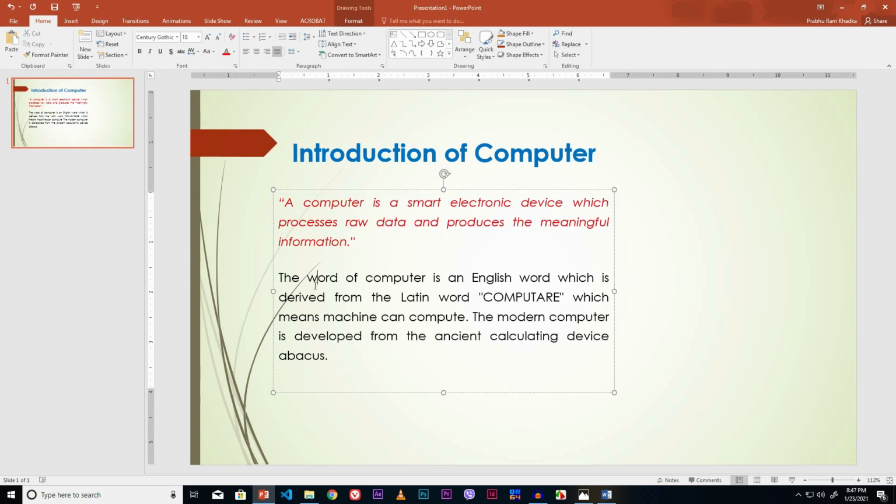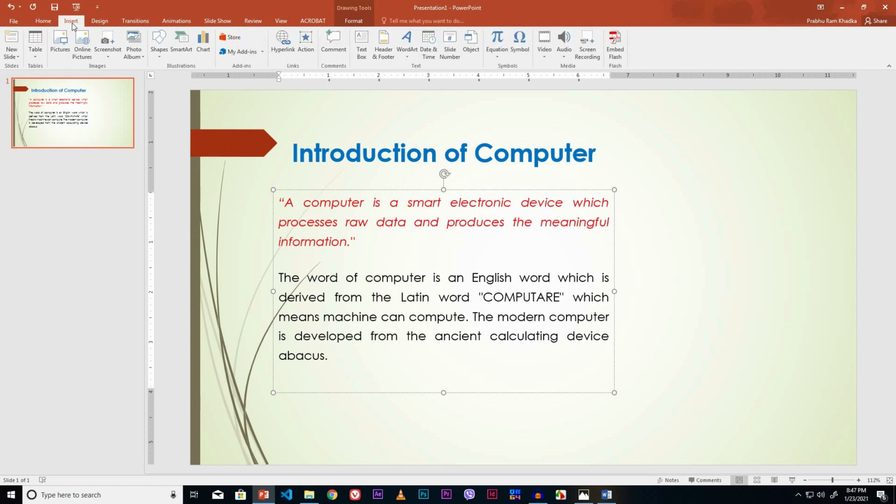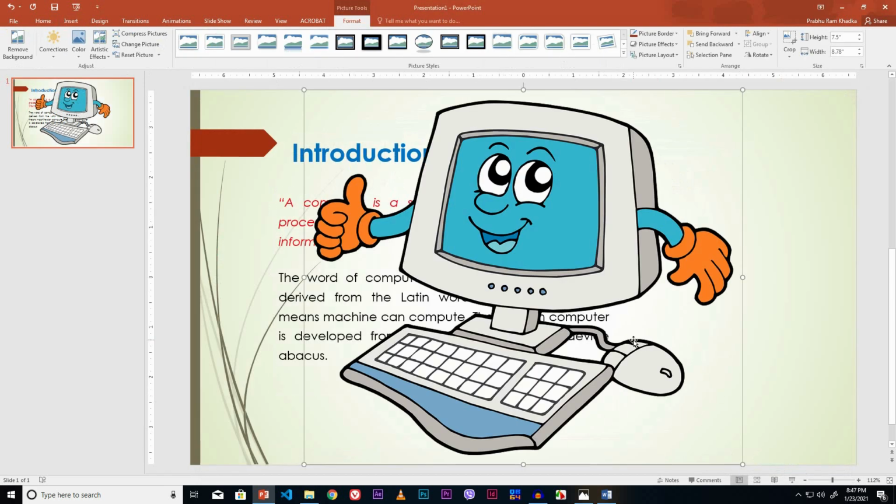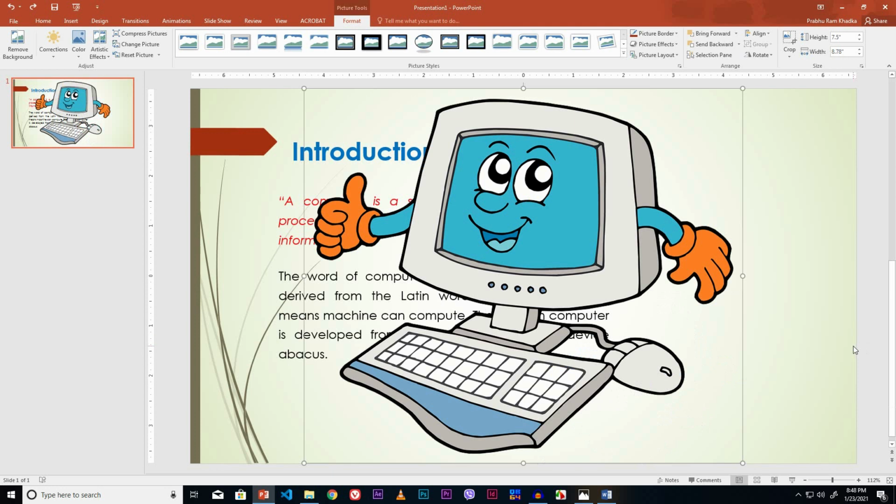Now insert the image. To insert the image, click the Insert tab. Click the picture option. Find your image. My image is over here. Select it and click the Insert button. Image is inserted. Resize the image using resizing handle.